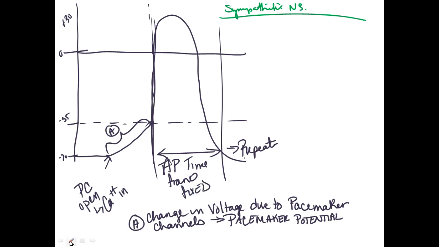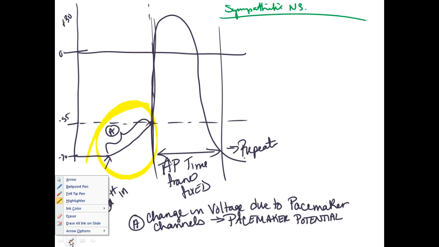Now, what isn't fixed, however, is the time it takes to reach threshold. We can manipulate that all we want because that is not part of the action potential process. Now, if we want to reach threshold faster, or if we want to speed up our heart rate, well, we need to reach,